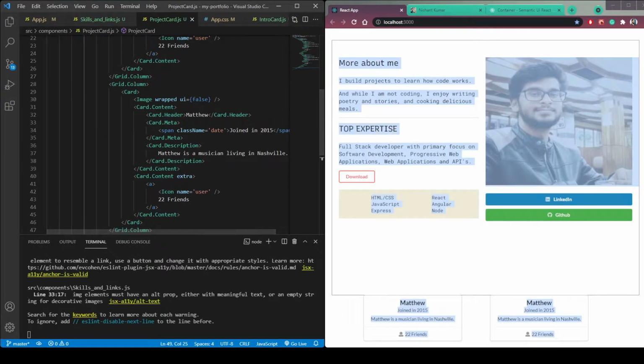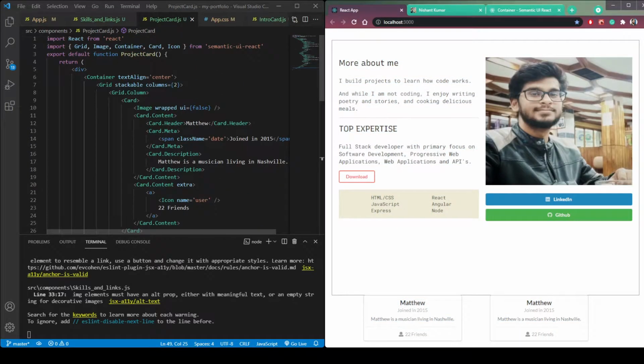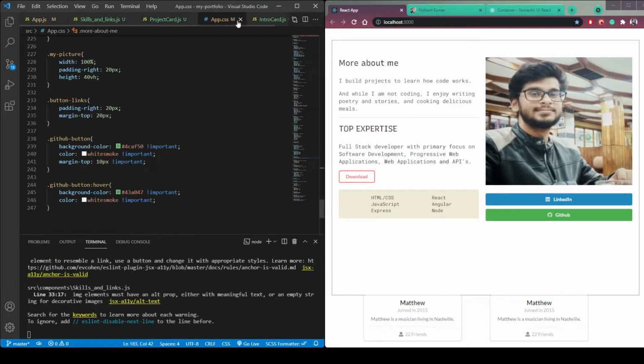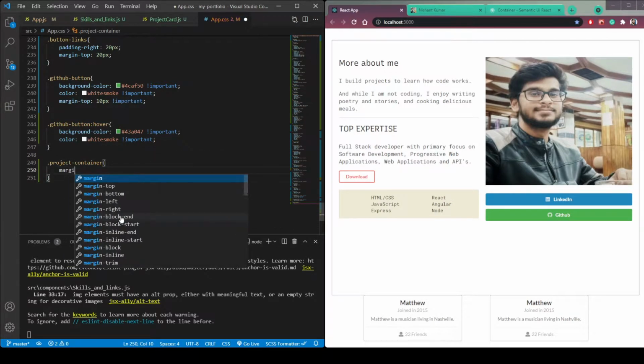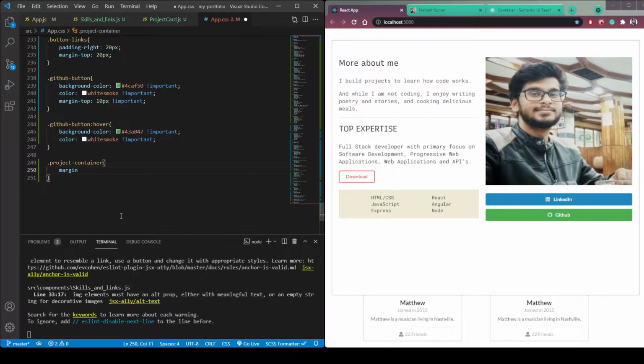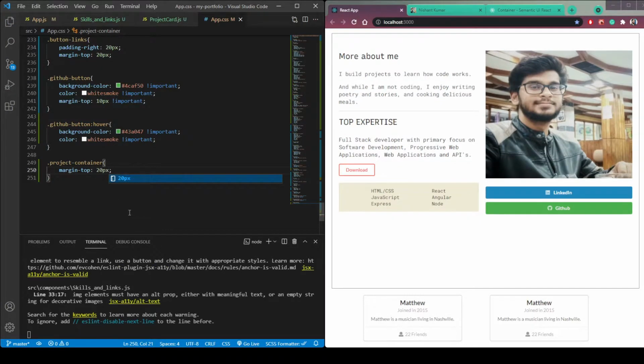Let's give it a margin top of 20. So in this div, give it a class name of project container. Copy this class and in app.css paste it. Let's make it a margin top of 20 px.